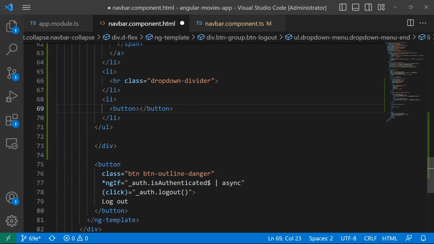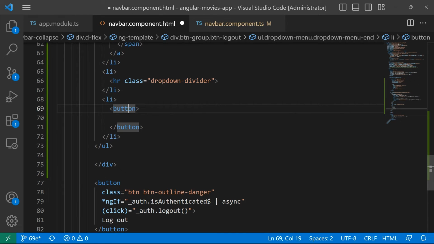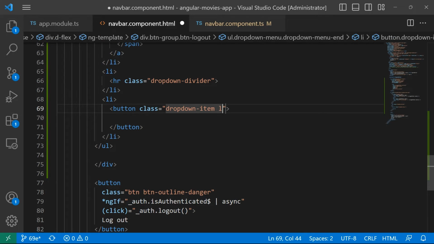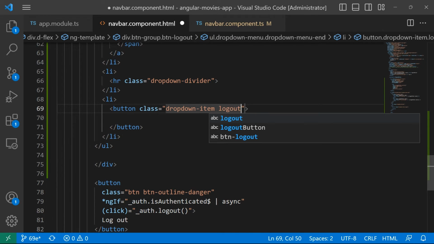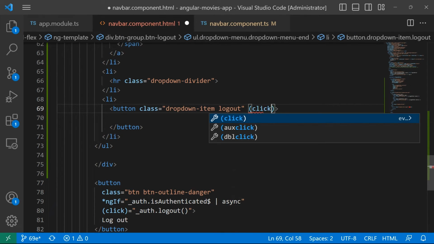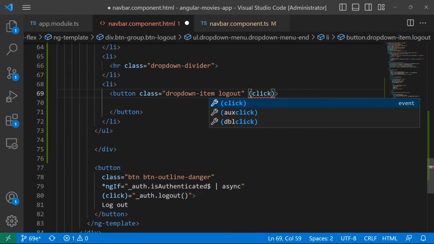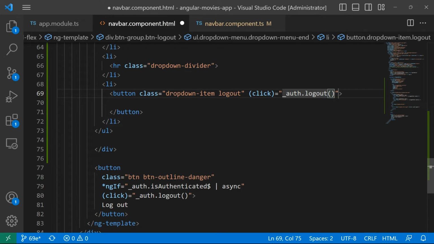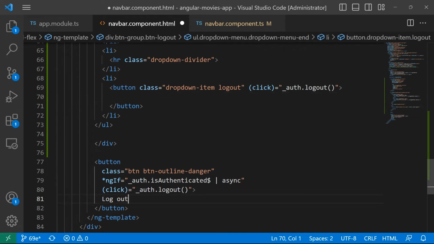Just type in here button, and then this is going to have the class dropdown-item and then logout, and then whenever you click, the same way you want to call the auth logout, and then inside here you want to have the logout text,